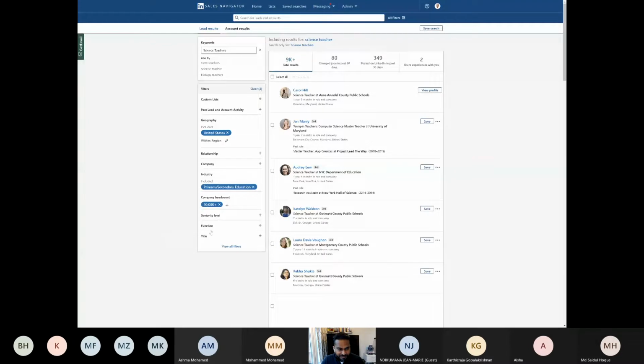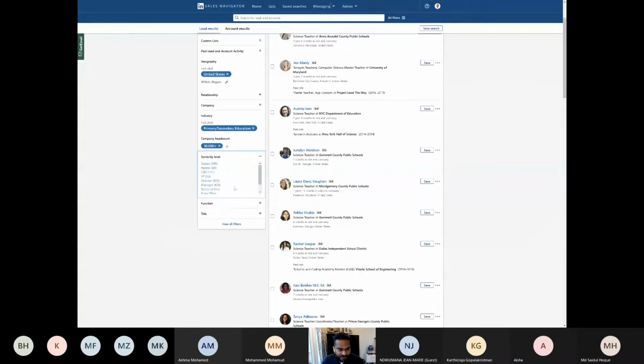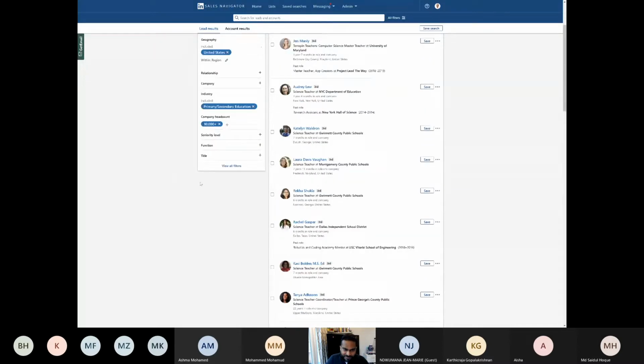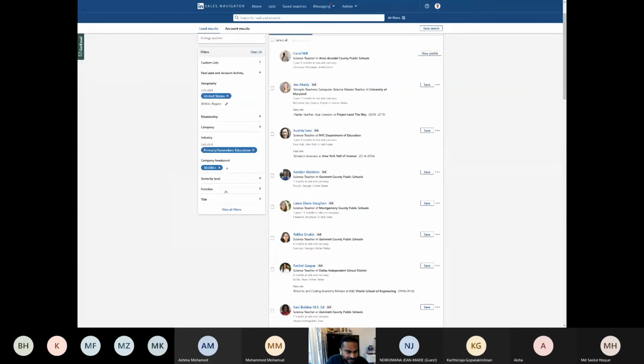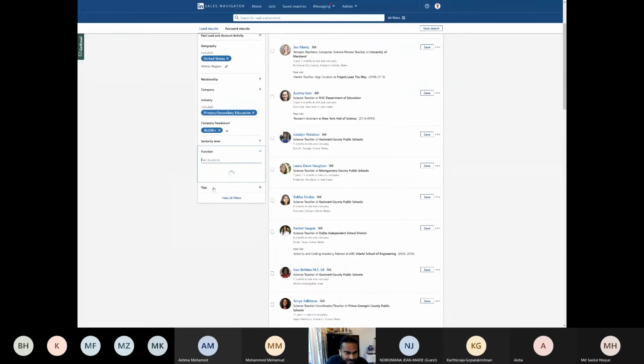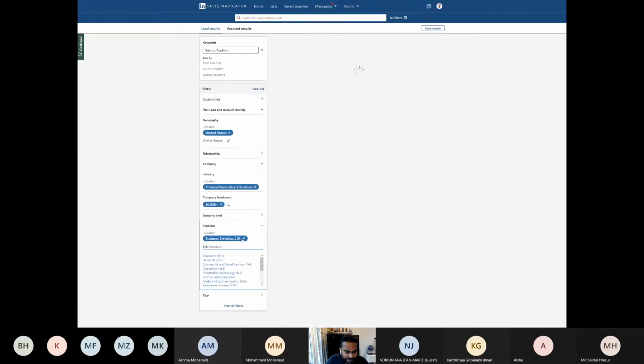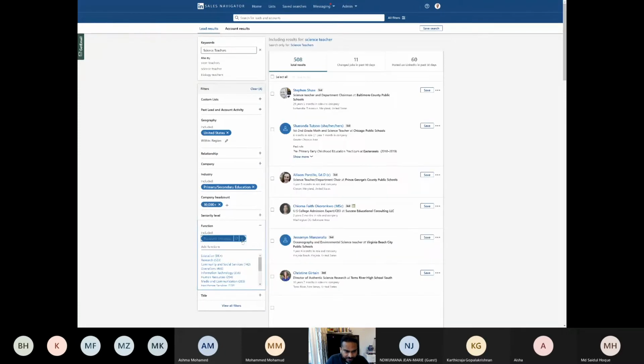So I've got that, and after that, if I want to look, there is another thing I actually forgot, right? So you don't want teachers. No, it's very dangerous to go there. Let's leave that. Function: education, research, community, social services. Yeah, this is also fine. Oops, sorry. This is fine.